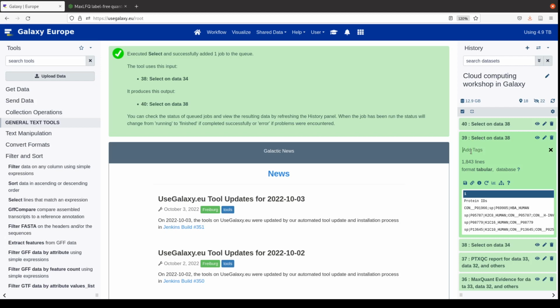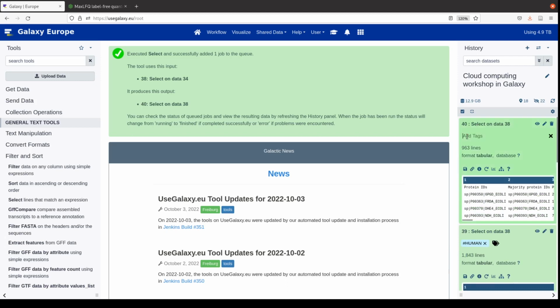As the file name is not really informative and it's a lot of work to rename it every time, what we will use is a tag. So we start the tag with a hashtag and then write human. And when we write the hashtag in front of our tag, the tag is propagated every time this data set is used. It continues throughout the whole analysis, and we will now always know which data comes from the human proteins and which comes from the E. coli